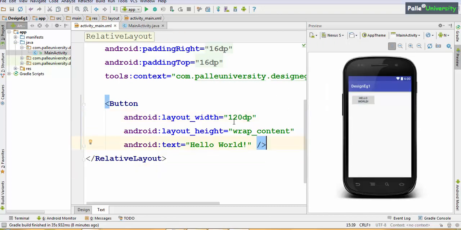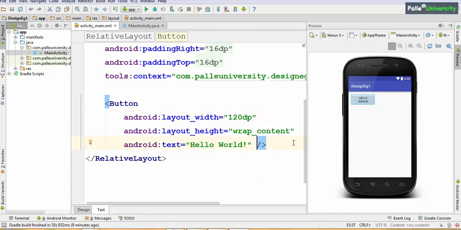Now coming to SP. SP full form is scale independent pixels. The use of SP is, if you want to change font size or text size, either you can give px or SP. Remember, as I told you already, px has a compatibility problem. So never use px. We should use SP for font sizes, and for anything other than font sizes, we should use dp. For example, layout width is not a font size, it is the width of a view. For this you can use dp. But for font sizes, use SP. That is mandatory, we have to follow that rule.